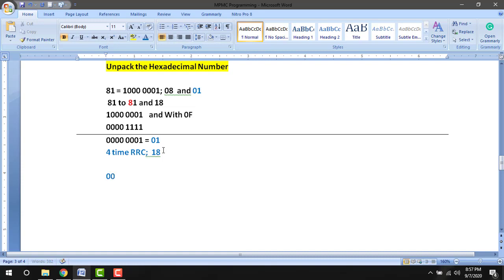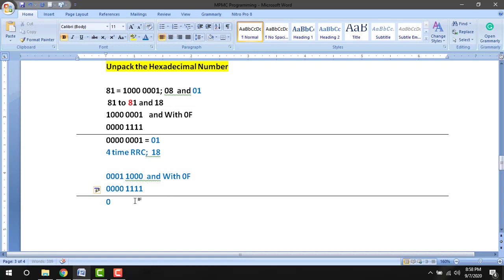So 18, our number, is 0001 1000. It is also ANDed with 0F. So the upper nibble becomes 0, and the lower nibble 1000 stays, which is 8.